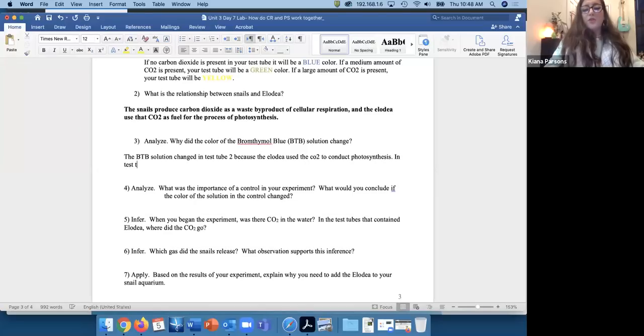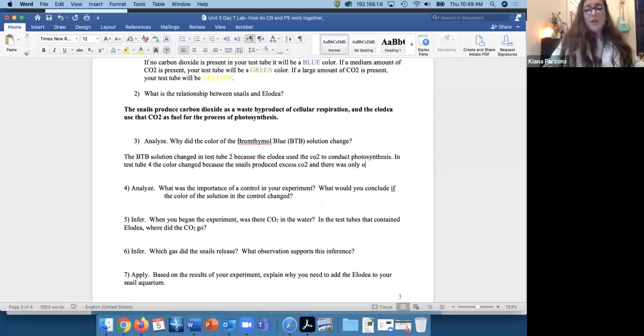In test tube 4, the color changed because the snails, wow, now she wants to leave, produced excess CO2, and there was only one